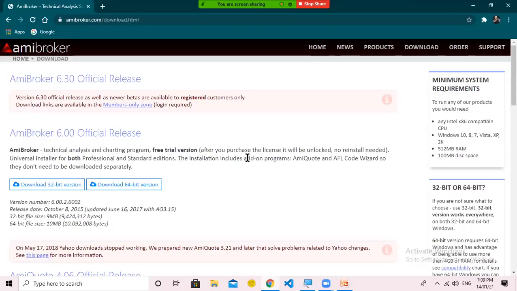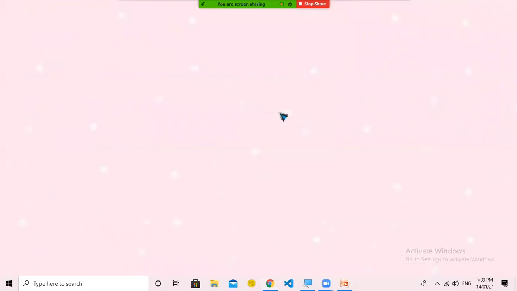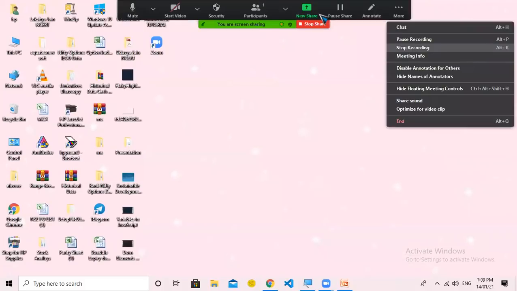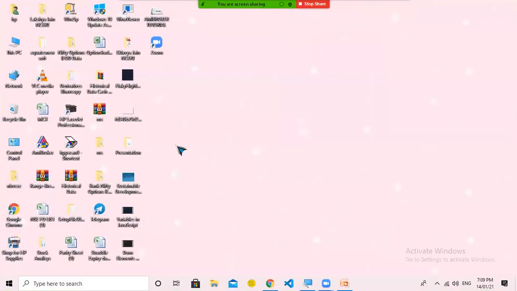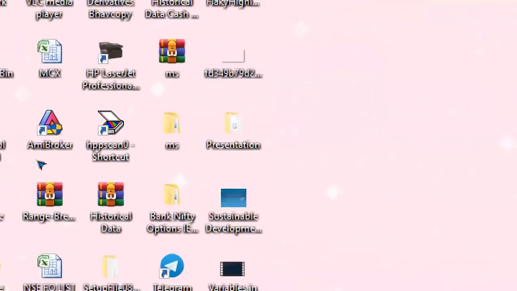So from here, you can download AmiBroker. I have already downloaded and installed it on my computer. So you can download it from here and just install it. Once you install AmiBroker, the icon of AmiBroker will be created on the desktop like this, right?